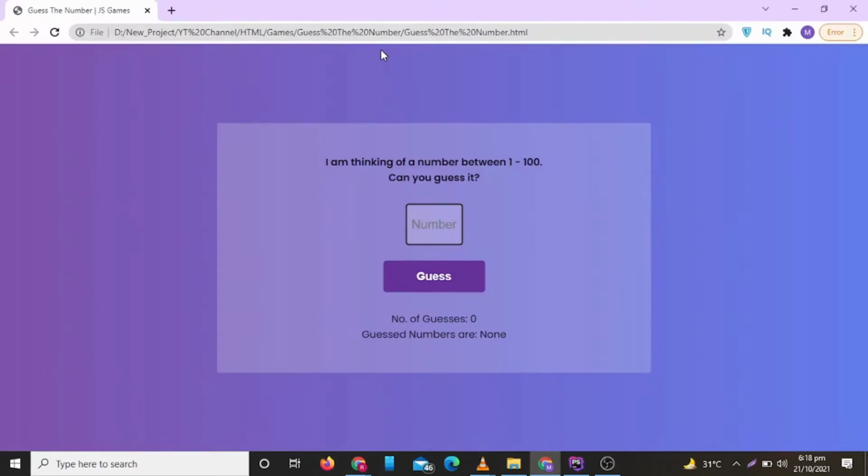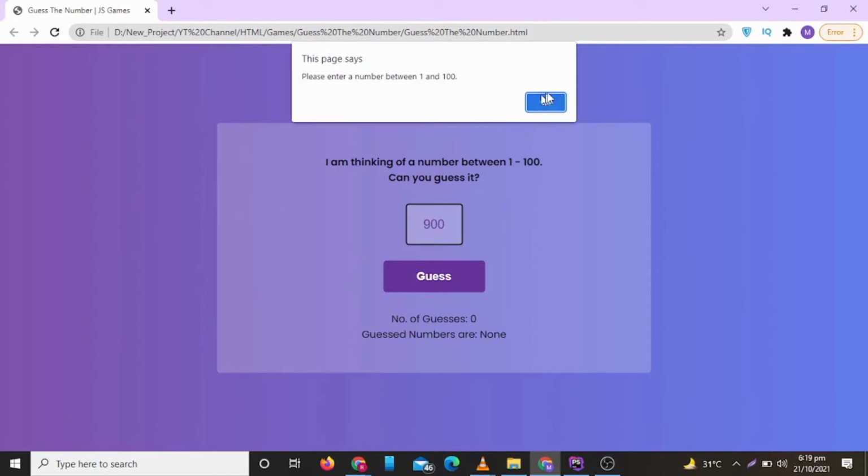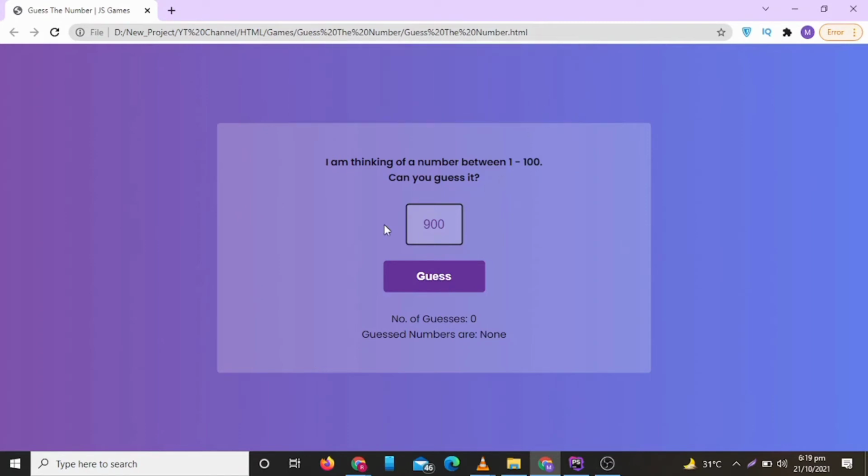Now let's check if it is working or not. So first of all we will enter a value under the range. So it is not giving any alert. Now let's try a bigger number. So now you can see it is giving an alert, so it is working correctly.